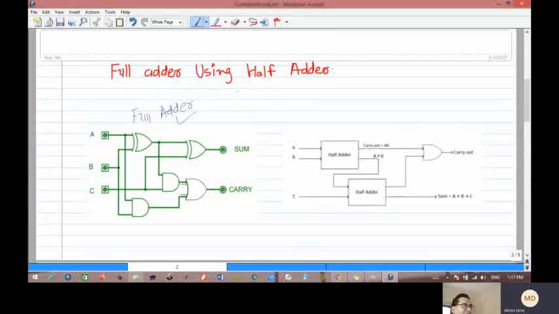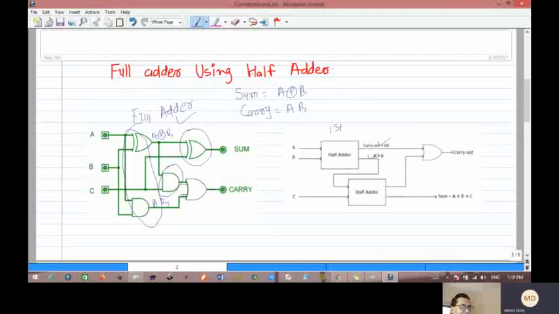Okay, so in half adder we know that the sum is equal to A XOR B and carry is equal to A ANDing B. So this is half adder. So here we get A XOR B, and this is carry A and B. So this is one half adder. Okay, and similarly this is the second, A XOR B XOR Cin and an ANDing operation. So this is another half adder. This is the first half adder: A XOR B, we get the output A XOR B, and carry is equal to A into B.